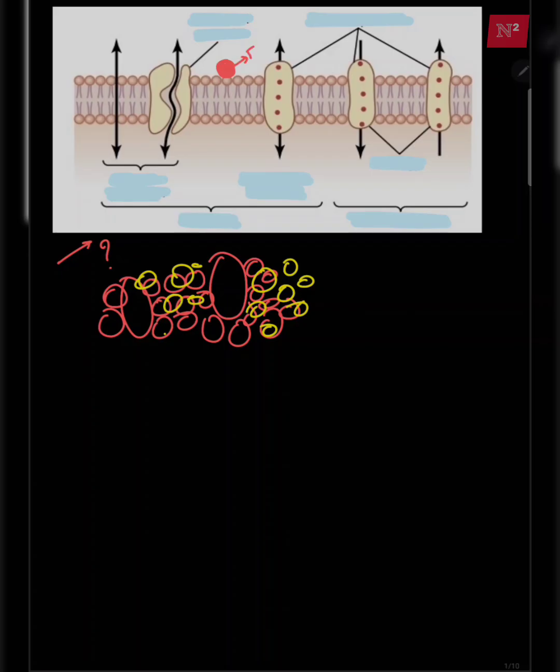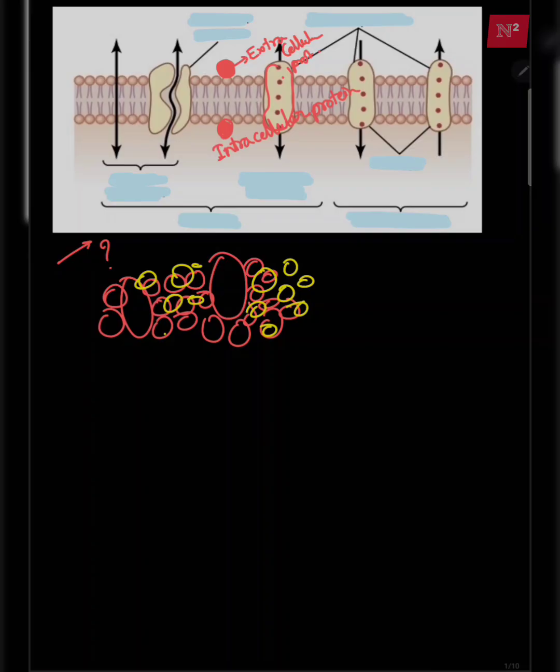These are called extracellular proteins. Okay, and some proteins that you will find attached to the intracellular layer. These are called the intracellular proteins. Okay, now because of this mashed up appearance of transmembrane proteins, extracellular, intracellular,